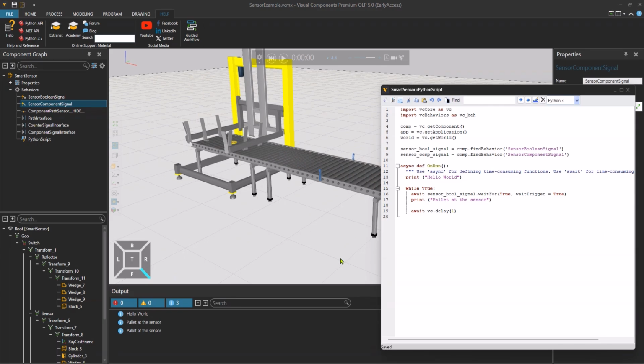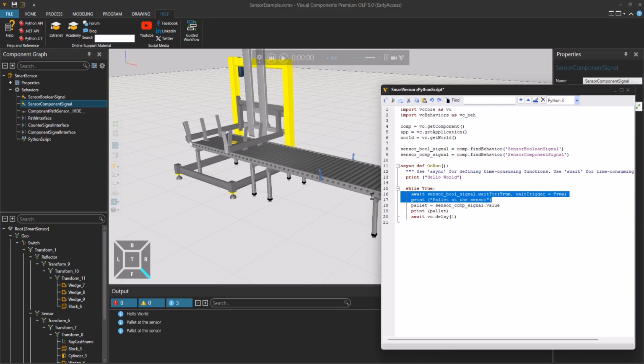As a next task, let's stop the product. For that, we need the handle of the pallet component, and we can use the sensor component signal behavior. We can call its value. That will return us the pallet variable that we can print to the output.